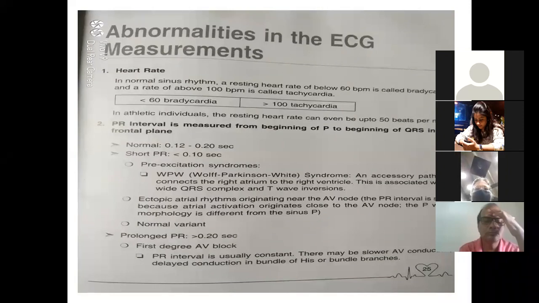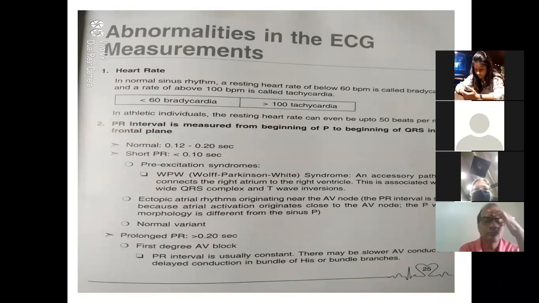But in athletes, even I am a runner, my heart rate is around 62, sometimes 58. Some athletes, like tennis players, have a heart rate of 36, 38. In athletic people the resting heart rate can be around 50. If you get an ECG with a rate of 56, 60, or from Olympic runners, you may get a heart rate of 48 or 50. Do not get upset. Always find out what a person is doing. People who are into sports can have a lower heart rate.